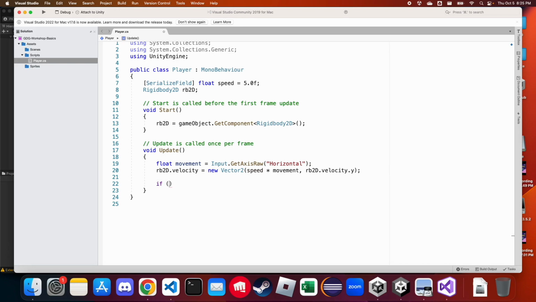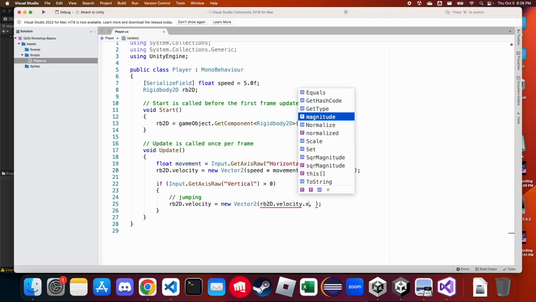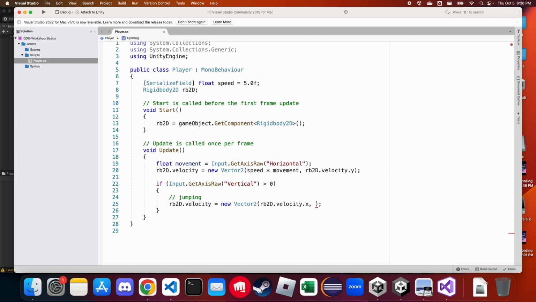So what I can do here is I'm just going to check it directly, right? Get axis raw vertical is bigger than 0, so it's positive. So I'm jumping up, right? Jumping. Then what I want to do is very similar to this, so I'm going to copy paste it and put new stuff here. And again, if we're jumping, we want our velocity in the x direction to stay the same. And then here, very similarly, we will